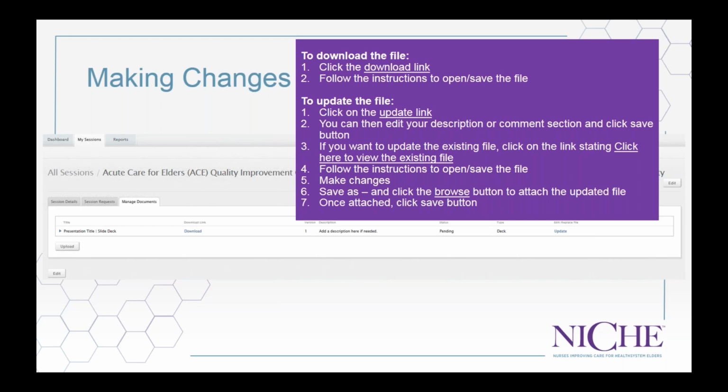Once attached, click save. If you've been selected to present more than one poster presentation for the conference, you'll upload one PDF file per poster. And again, the goal is to replace your working files, not add updated files. We should only see one PDF file per poster on this page. And if you have any questions about that, just let us know.